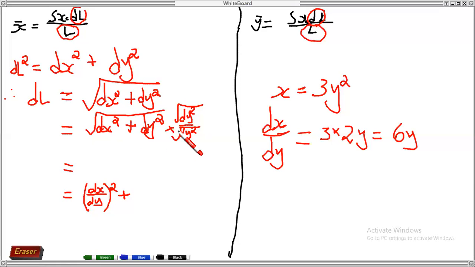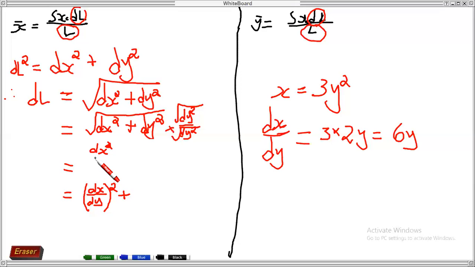Okay, so what I did is I want to put these whole equations inside this dx dy. I want to put them in this format of dx over dy. So the best way I can do that is by pushing this dy squared here inside the square root. Once I put it inside the square root, this whole thing becomes